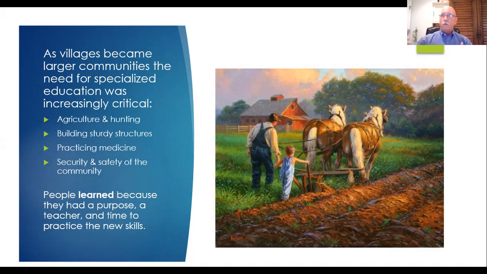And what if there were unfriendly people that lived nearby and they would come in with guns and demand our food or demand whatever? And we would say, no, this is our food. We would have to be able to protect ourselves some way. So maybe we would have some defenses, maybe we would have weapons. But all of these are things that the communities had to think about, and they had to teach their young people and help them practice to become experts at them in order to survive. So people learned because they had a need, they had a purpose, and they had a person to teach them, and they had some time to practice those new skills.